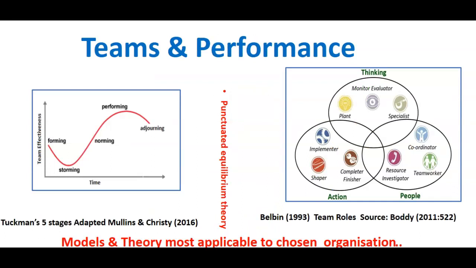The next slide here, I've included the teams in performance, which is learning outcome 3. I've identified two models that apply to my organization. Tuckman's 5-stage group development, which is forming, storming, norming, performing, and adjourning. And also I've reflected on the Belbin roles, using the Venn diagram here,